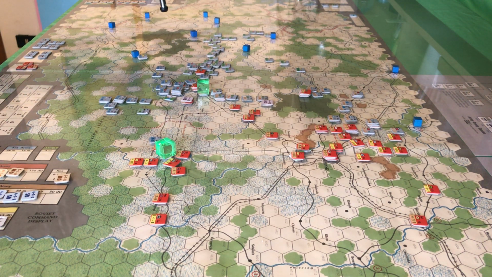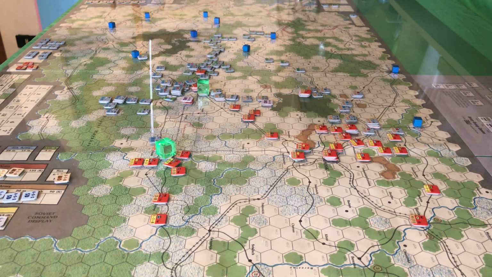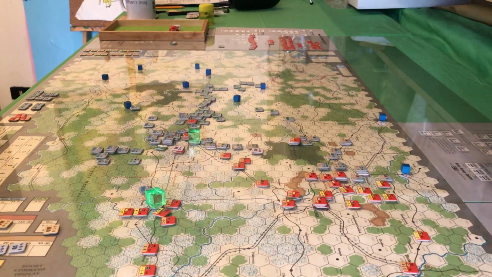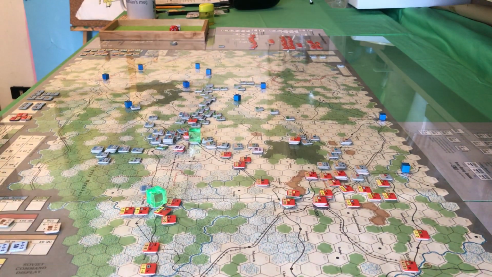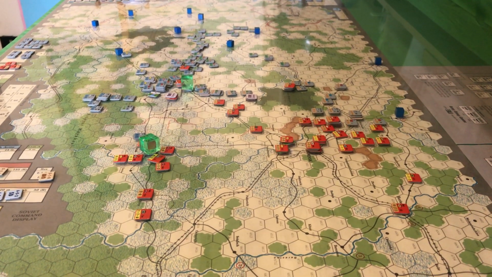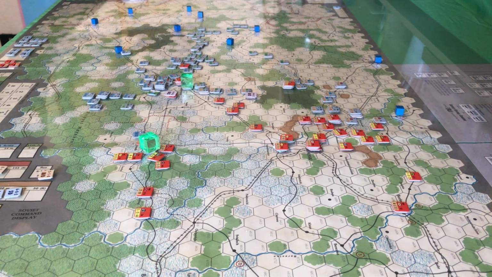What they managed was an operational victory. All these blue cubes are representing the victory point hexes they took. Plus, you can just see at the back there, all of these are dead or captured Russian arms and equipment, and they are worth victory points in themselves. And in fact, the